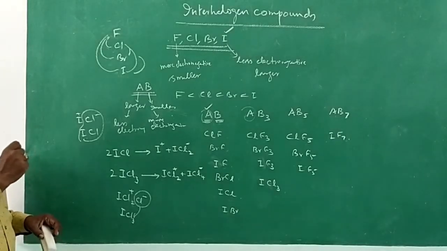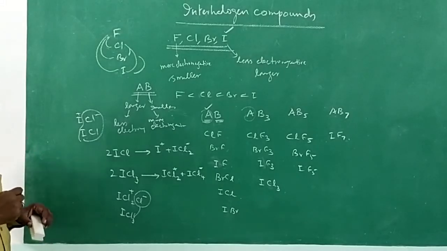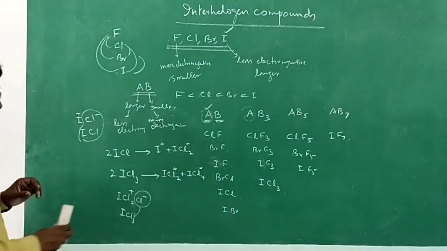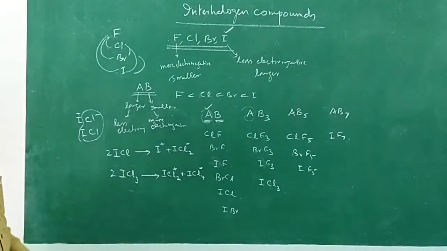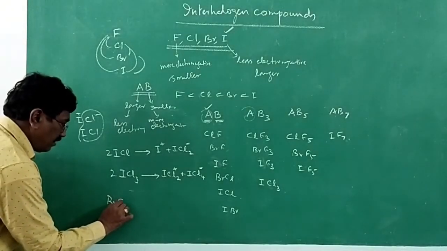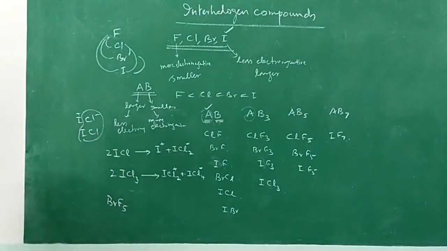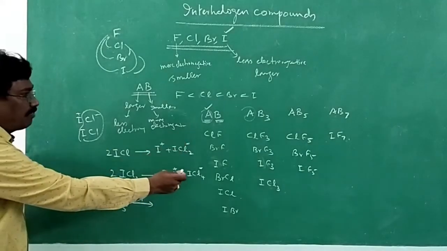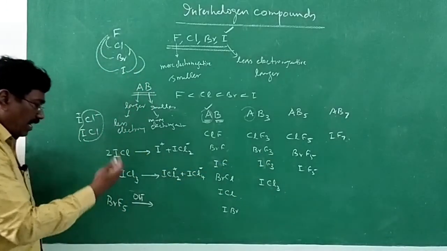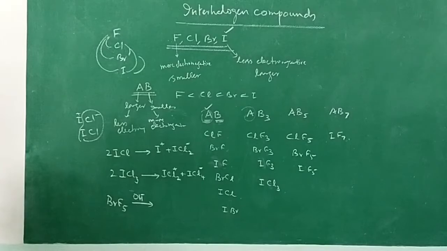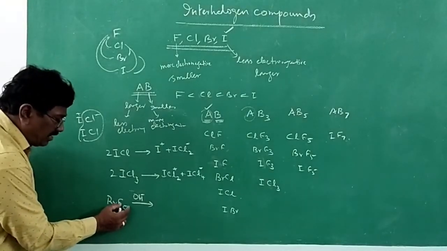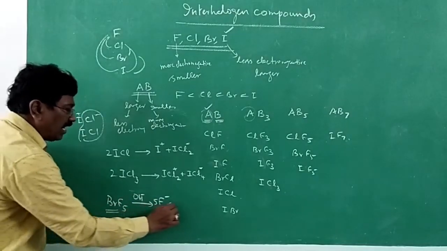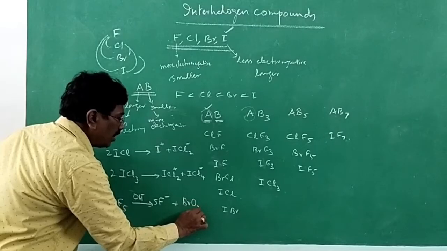And moreover, in the interhalogen compounds, in the presence of alkali, they may form oxohalide and halide. Halide and oxohalides are formed with bases. For example, BrF5 in the presence of alkali, we have seen. Always fluoride can be like that. All the 5 can be fluoride ion, which is more electronegative. Always it is negative, 5F minus. The remaining Br can be in the form of bromate ion, BrO3 minus, bromate,